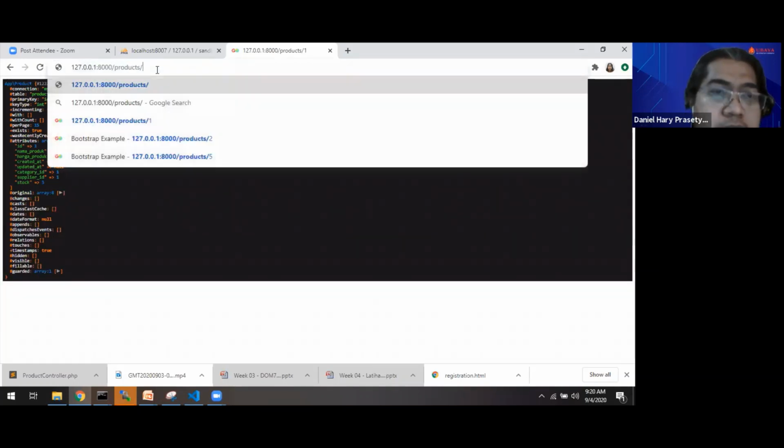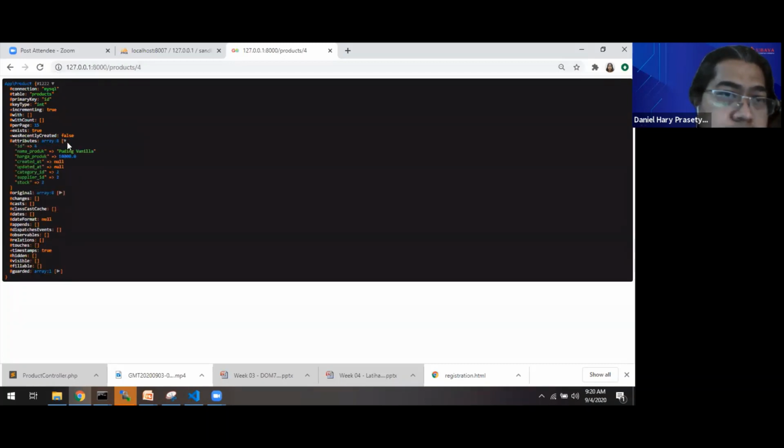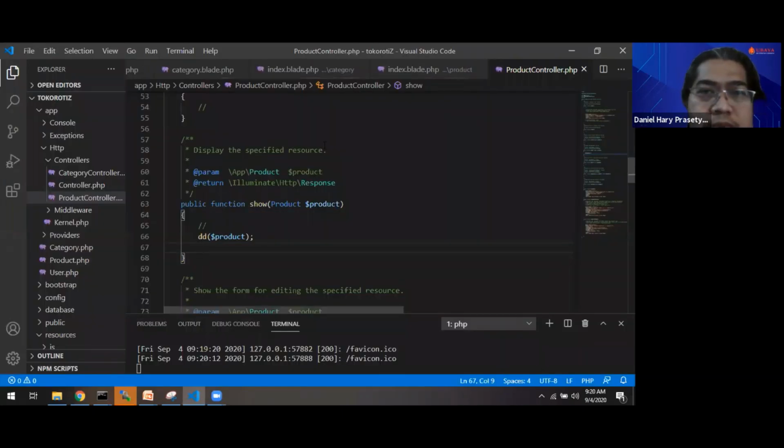For example, for another record, product 4 is pudding vanilla. So if you want to use the product in the view, we can just pass it as a parameter.